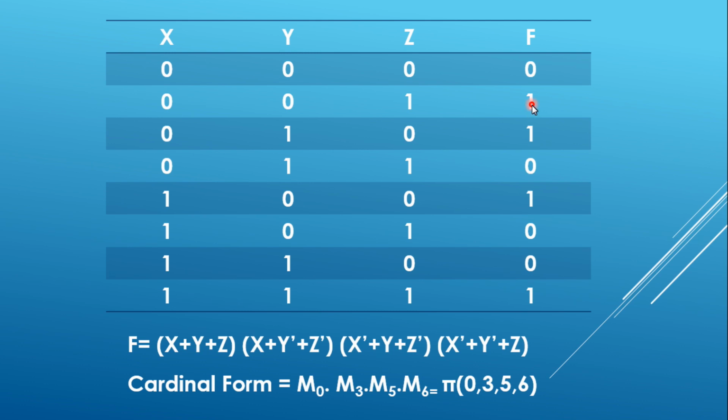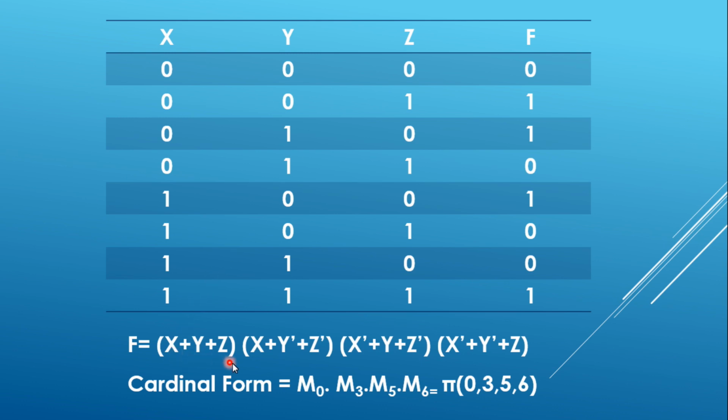In the POS expression, what you are doing? You are taking the places or the terms which are having zeros there. So what are those? The first one, when x, y, and z are 0. But here you have to take the max terms. So max terms are which ones? Which are the OR of the variables. And the variables here, if x is in non-complemented form, it will be taken as 0. And if it is in complemented form, it will be taken as 1. So here it is given to you 0, 0, 0. So that is x plus y plus z, right? You will write it as x plus y plus z.